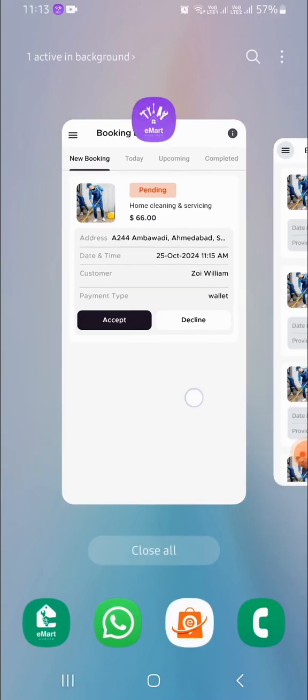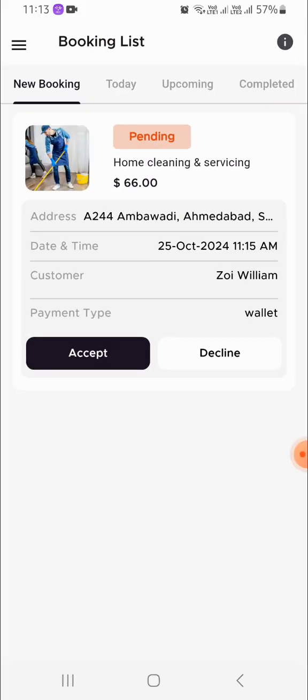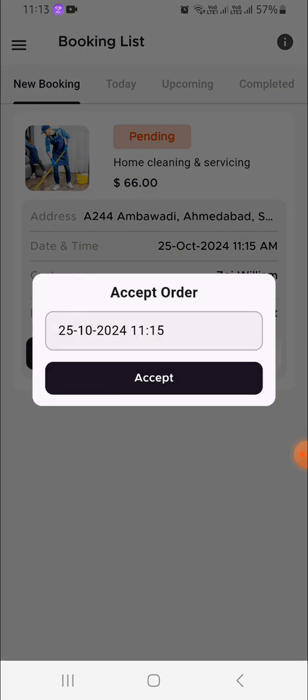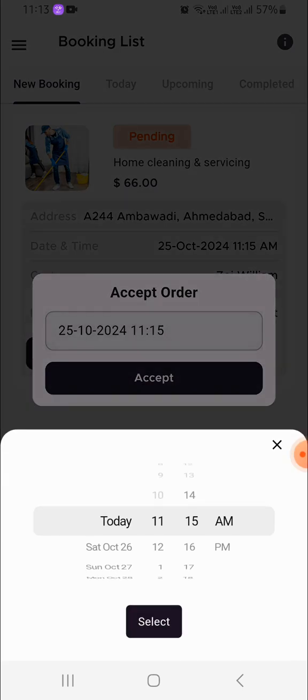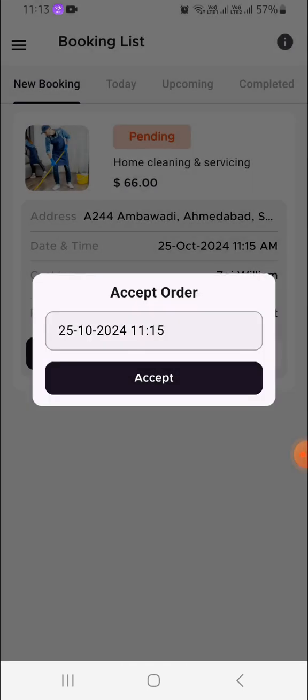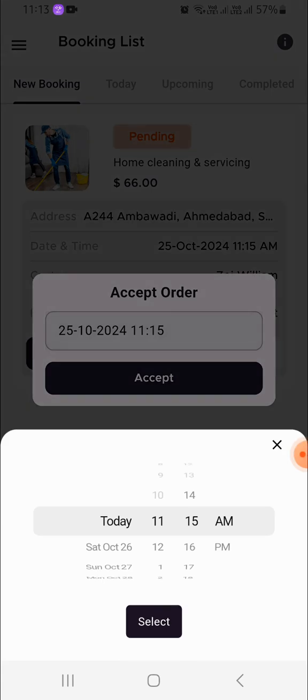Let's accept this booking. Click on the accept button. So in this pop-up, the provider can also change the customer booking date and customer booking time. If the provider is not available on the customer booking date and time, the provider can also change the timing.